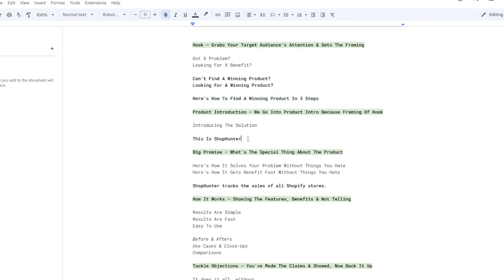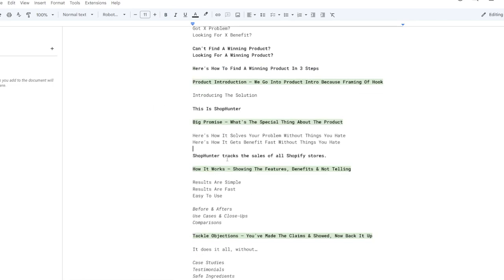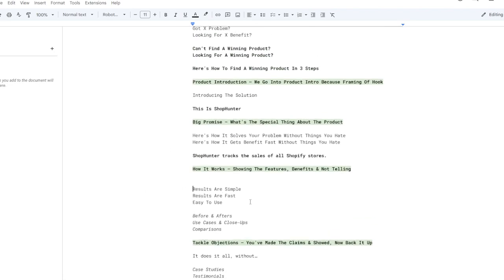Now, to do that, here's the product. This is Shop Hunter. The big promise of Shop Hunter, or the unique thing about Shop Hunter, is that it tracks the sales of all Shopify stores. Creates that intrigue. So now we'll show how that works. So to find a winning product, now